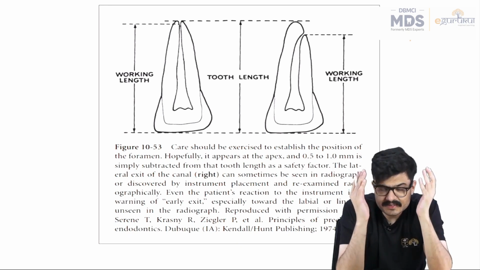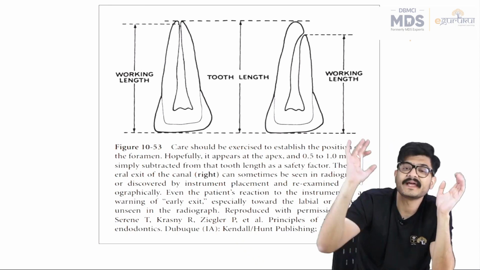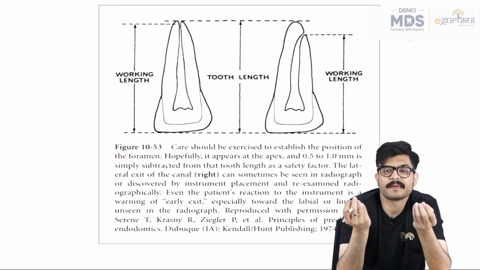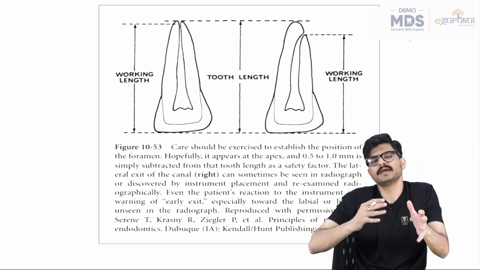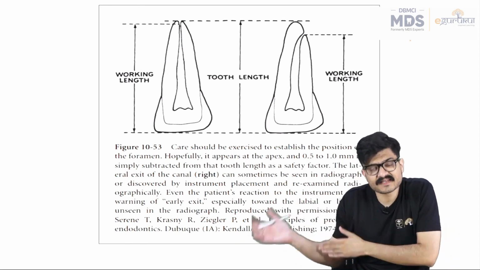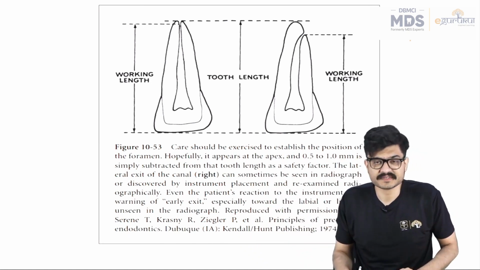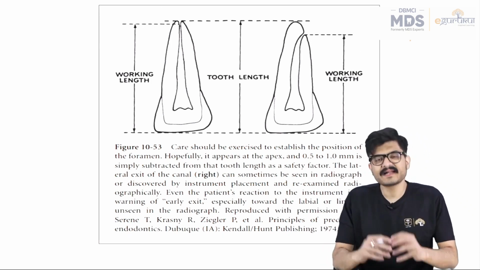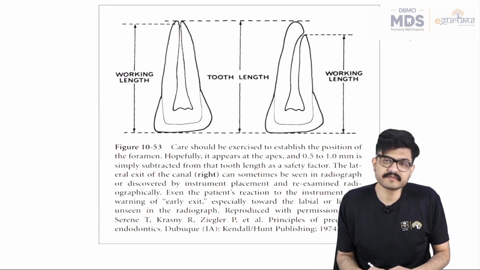You need to understand that it is always better to take your file to full length and see just where it is peeping outside the root canal system into the periapical tissue, right? If you can take your file just beyond the apical foramen, say 0.5 to 1 mm into the periapical tissue, you will know exactly where the exit is onto the lateral root surface, right? This is a nice diagram which is very clearly showing these two situations. And unfortunately, the second situation is more common,